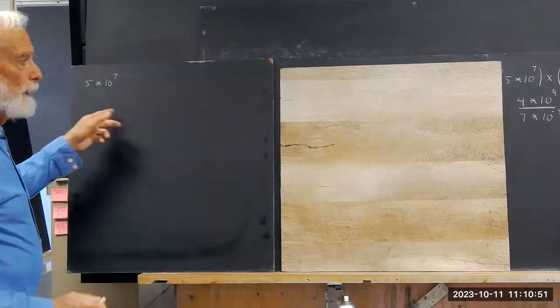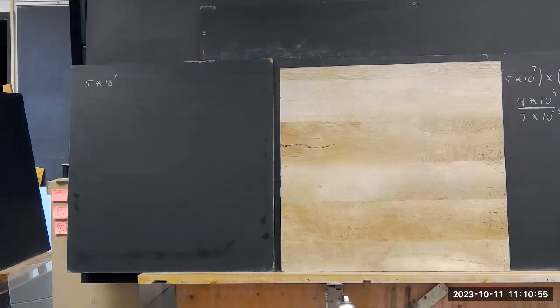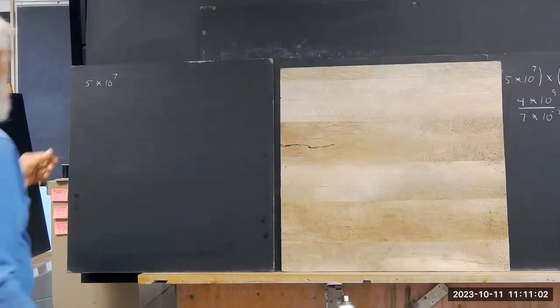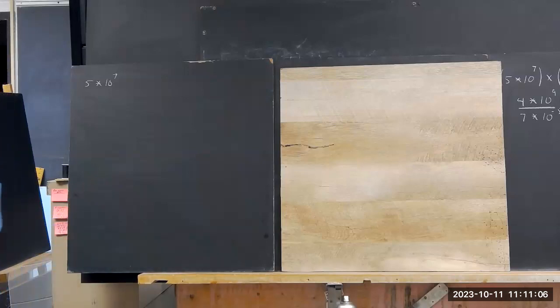Okay, so we've got 5 times 10 to the 7th, and make sure my screen is here where I can see what I'm doing. 5 times 10 to the 7th, and